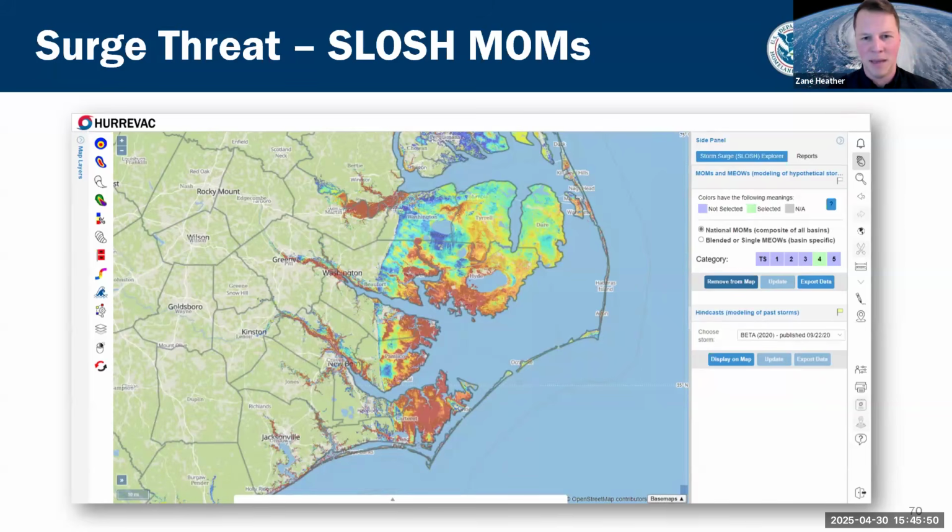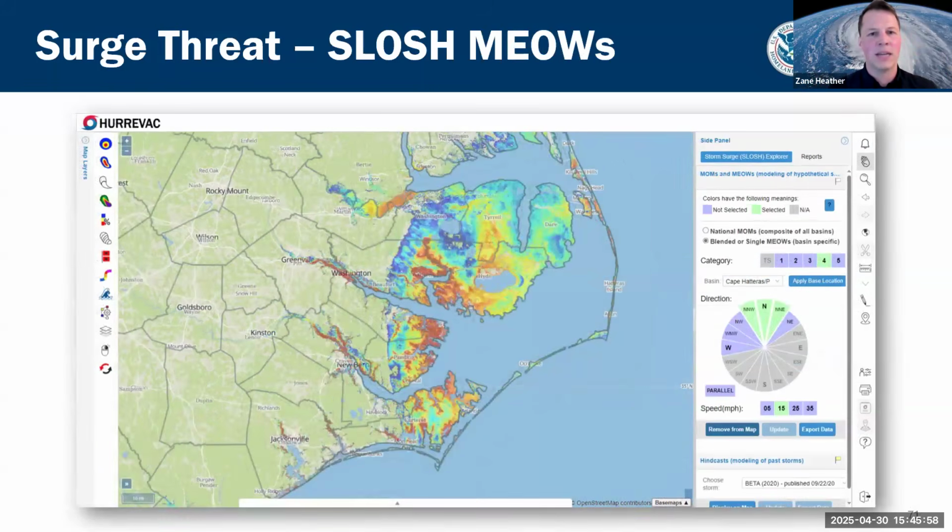So right now we're looking at a MOM, as you can see on the right, this is our Storm Surge Explorer, and you can see Category 4 is selected for this specific area in North Carolina. If we go to the MEOWs in the Storm Surge Explorer, you can see that you can select and turn on various other characteristics that define the MEOW. So not only do we see storm category on the top, Category 4, you also have the ability to overlay multiple directions of MEOWs. You can see they've got north by northwest, west, and north by northeast turned on, and that will essentially give you the highest MEOW for each of those characteristics. And at the bottom, you can see the forward speed of 15 miles an hour is selected.